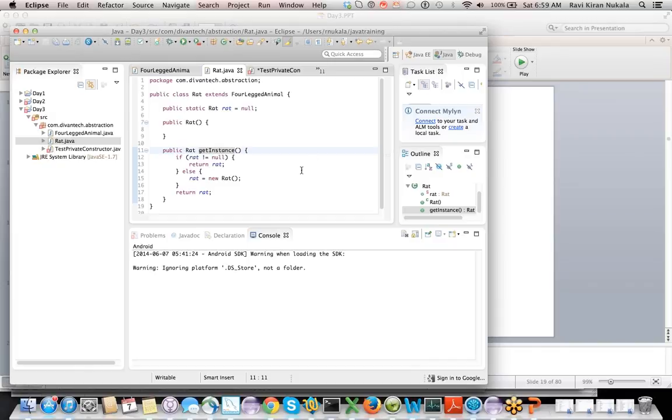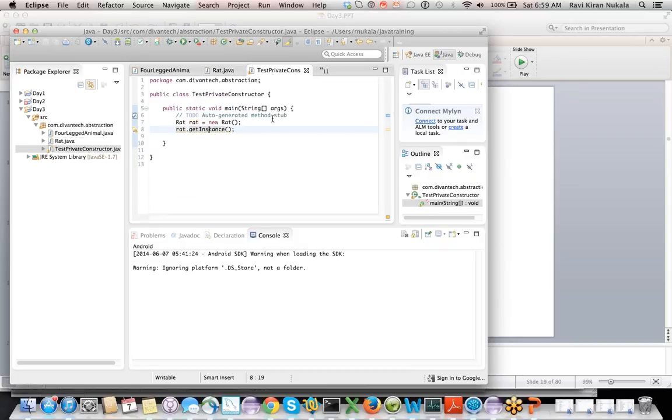Otherwise, I cannot invoke the non-static members of that class. So if I want to invoke a method without even creating a rat object, I have to make it static. That's the reason this is static. Are you following, or do you still have questions?